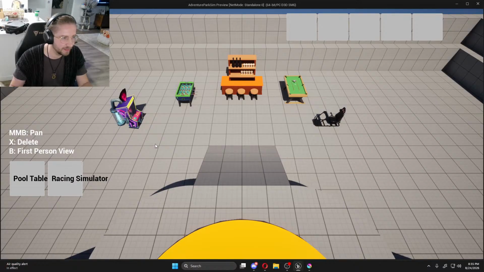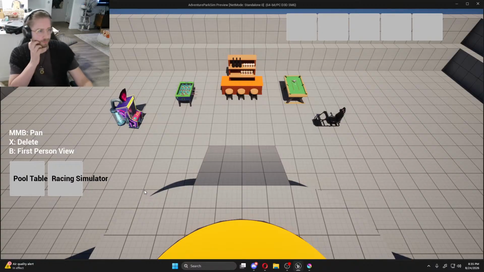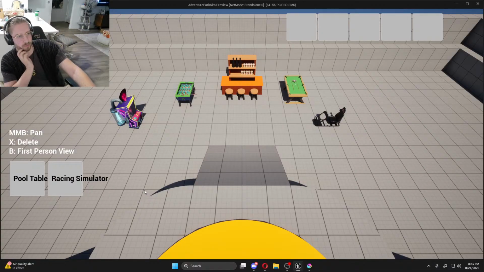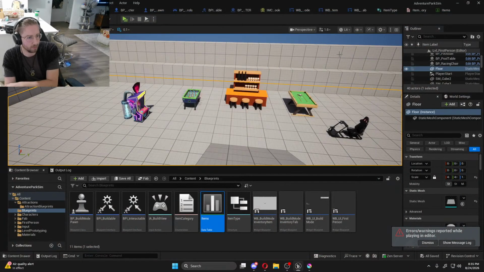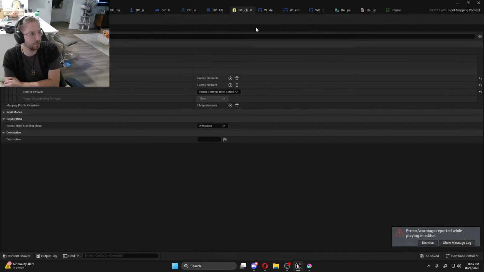Nice. Okay, cool. Then you can make it so that when you press that button, it spawns the actor that's in the item type. Yep. And then I can also go through